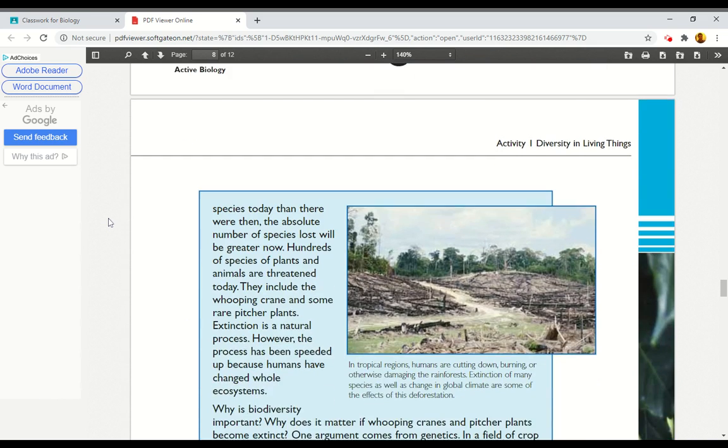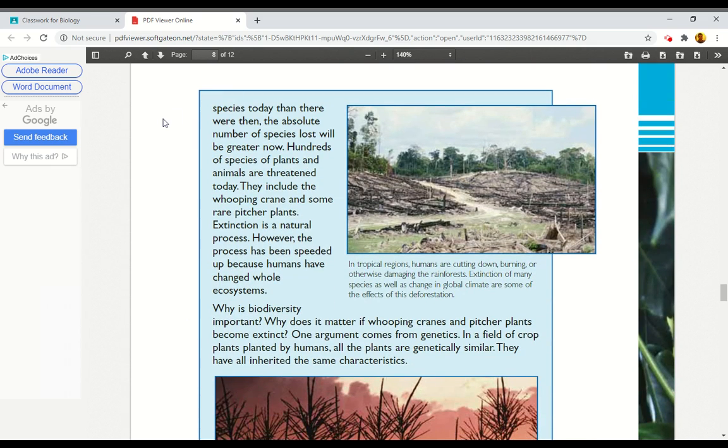Because there are more species today than there were then, the absolute number of species lost will be greater now. Hundreds of species of plants and animals are threatened today. They include the whooping crane and some rare pitcher plants. Extinction is a natural